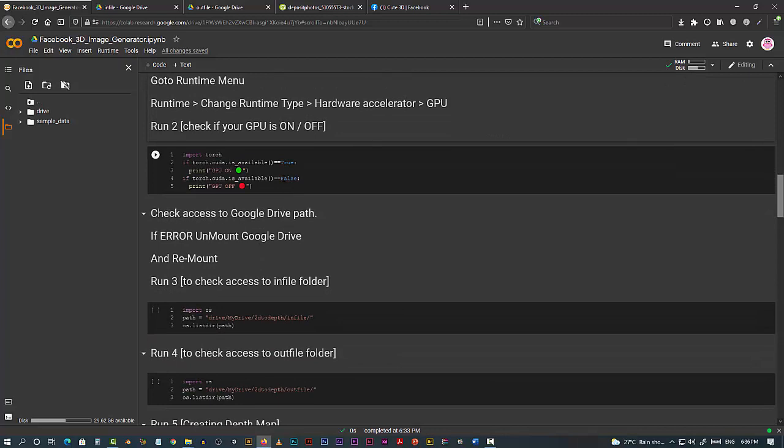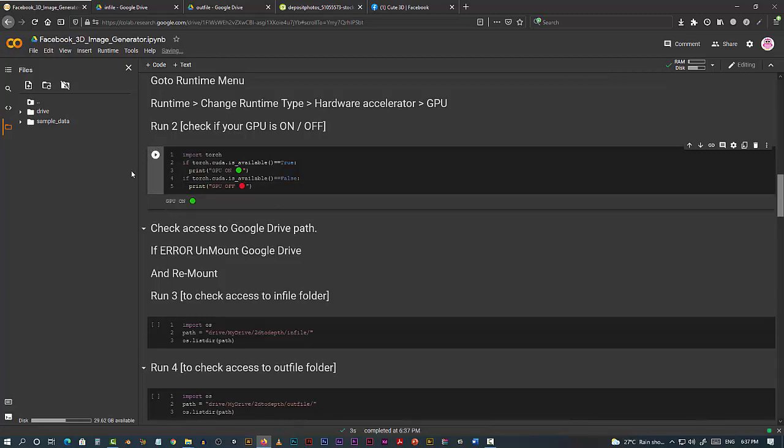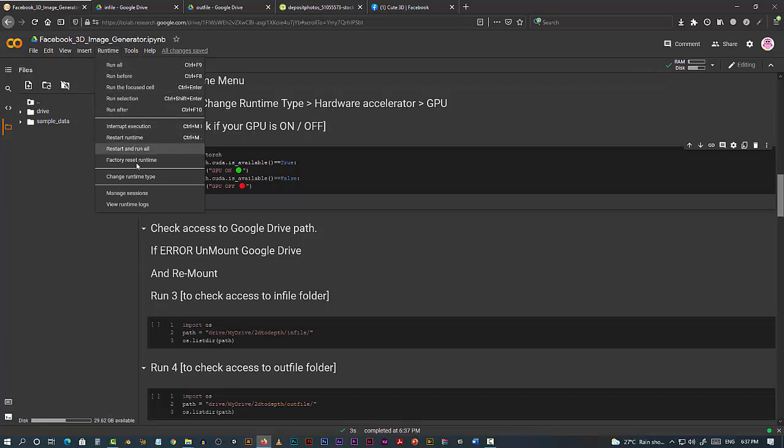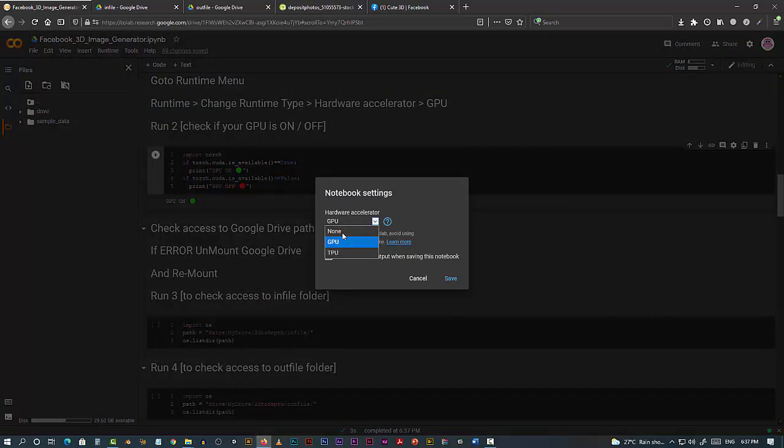And to check whether your GPU is on or off, because it's not going to tell you that GPU is connected, GPU is on, this is a small piece of code that I found to know whether your GPU is on or off. So I'll just run this and see, GPU is on. To show you this is really working, I'm going to set it to None.